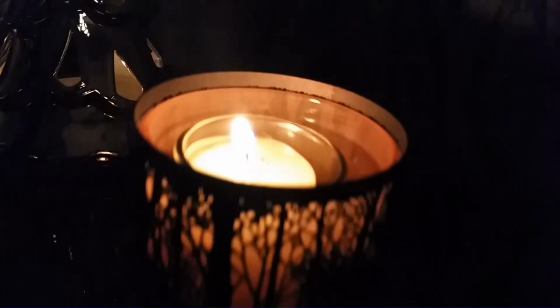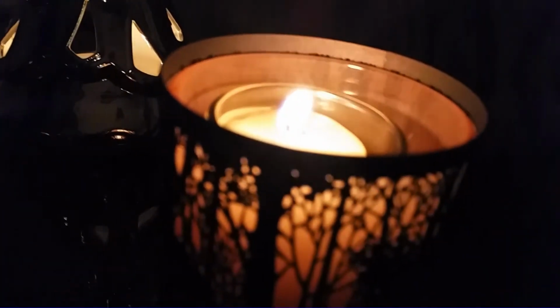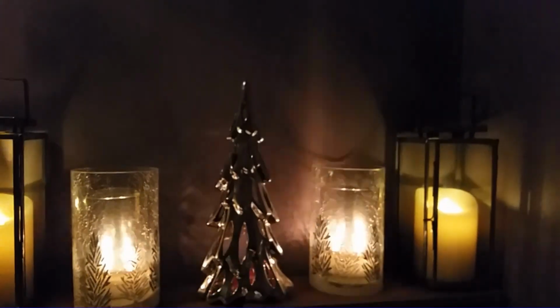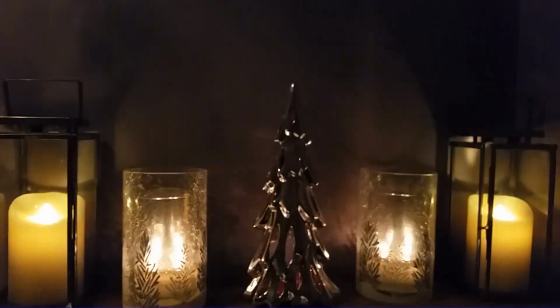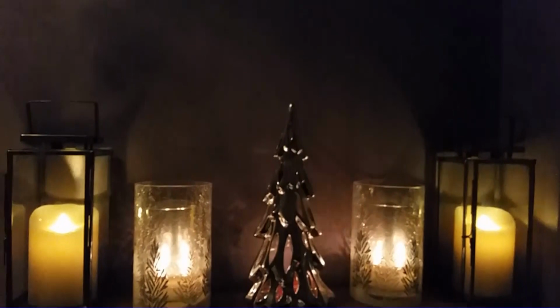And same votives, but these are new ones. So they start out nice and bright, and then they peter out. Got the Twilight Silhouette votive holders going, and my other lamp with the Luminara. Okay, over here in my CD case, which is always a problem spot for me because it's very narrow, I have in the Nauset lanterns Luminara candles going, and then in these, the Crackle Glass, I have